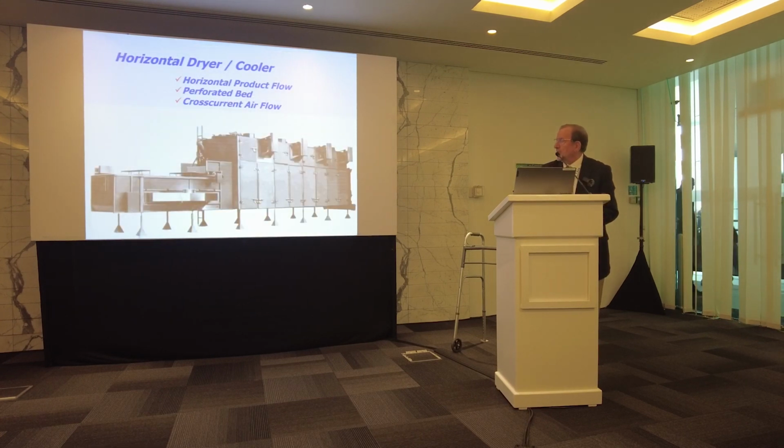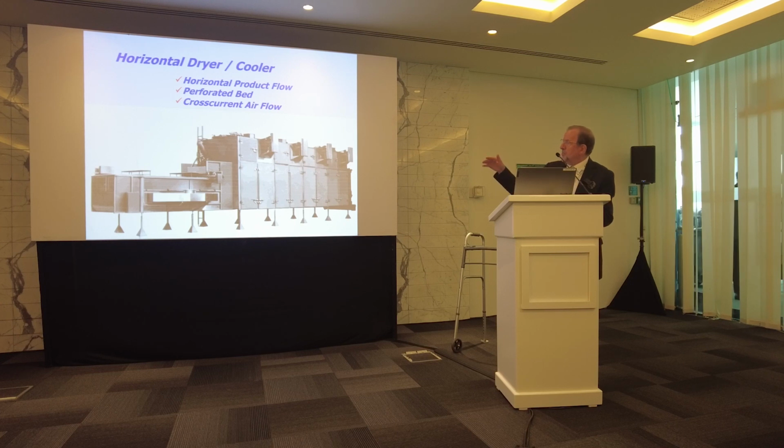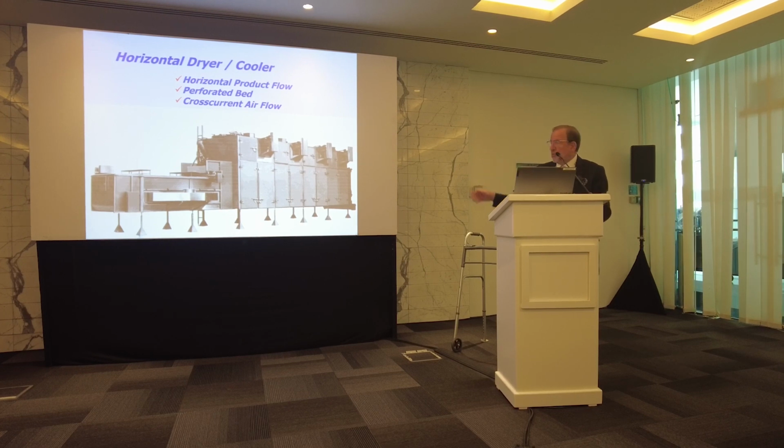This is a horizontal dryer which basically has perforated trays, and normally the dryers were made for drying on the top and cooling on the bottom. So basically you have two passes, a drying and the cooling. I personally